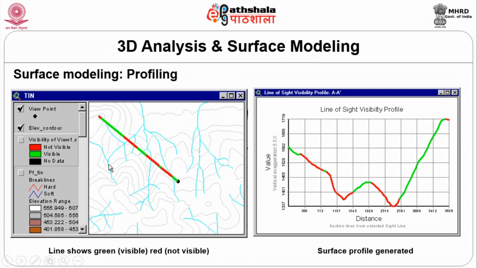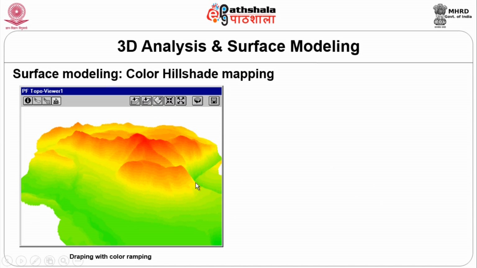Simply just click on point A and point B, ask the system to profile that, or draw a graphical representation of your height and elevation. Color shading, you can see here why color shading is required. The moment you look at an image, you may think it is steeper in nature, or it could be relatively less steep or smooth in profile.